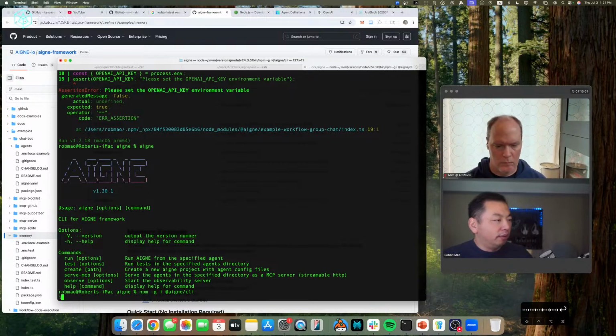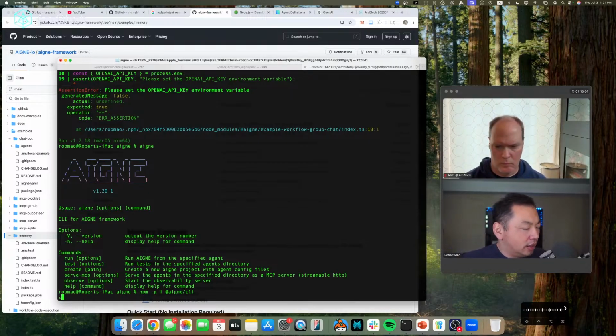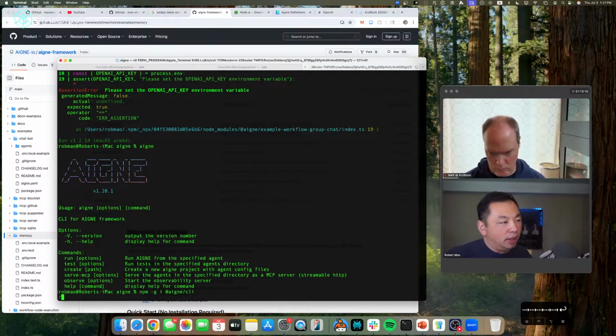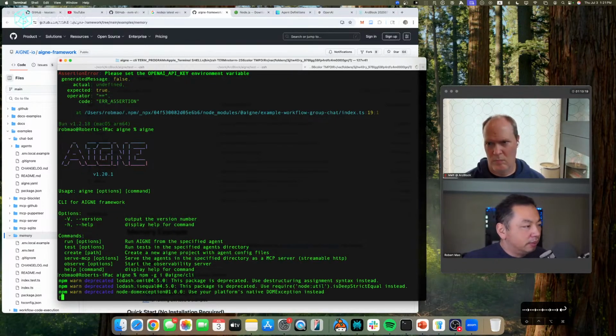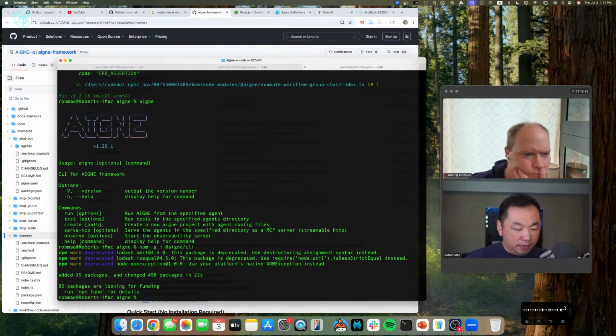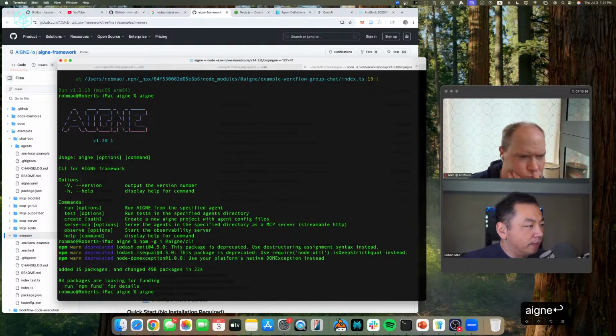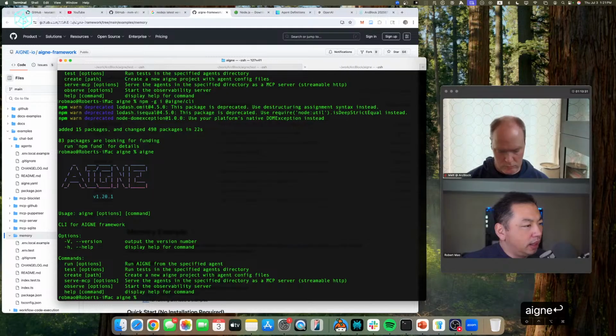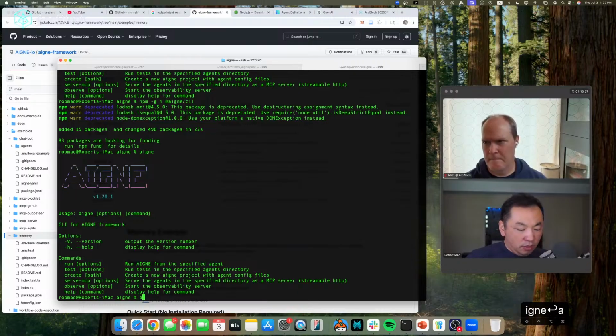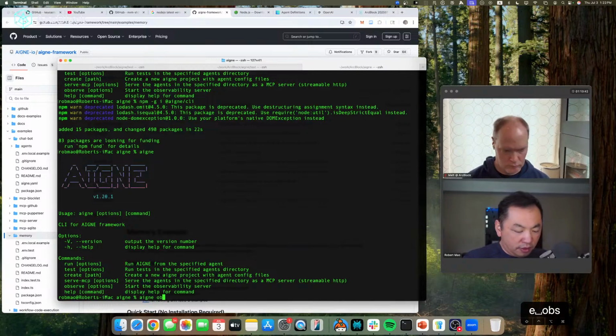So if I run this npm -g i @aigne/cli, it will take a few seconds to minutes. It depends on whether you already have the system installed or the system needs to update. Usually it's pretty fast. The first time is slower, but later updates are much faster, right? Once you install it, you will be able to run this command line, you will see this familiar screen, and this also prints the version number. So once you have this command line, things become simpler. You just type aigne observe.